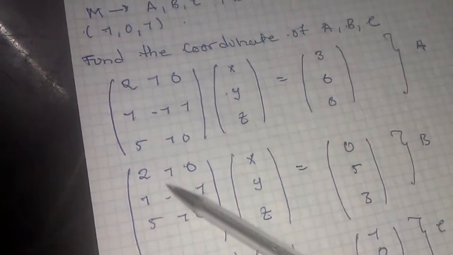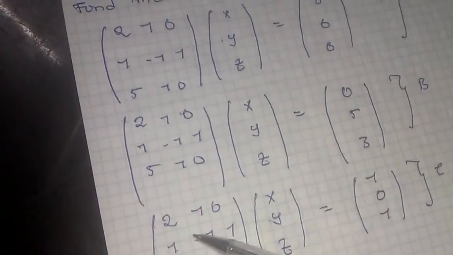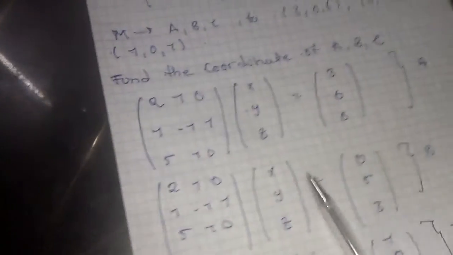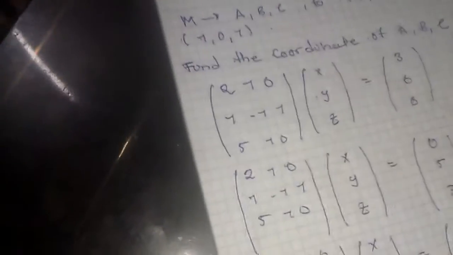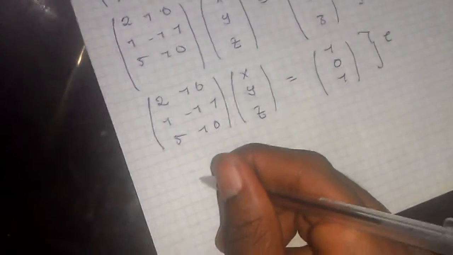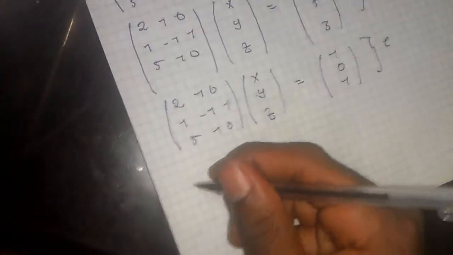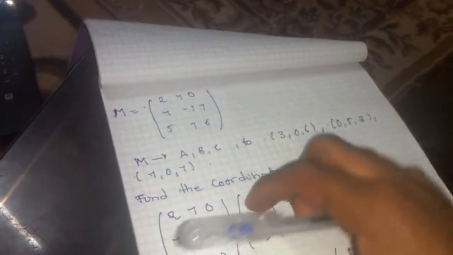I'll solve the first one and then give you the rest as an exercise. So this is how we'll do it. We'll solve the first pair to look for A. So what do we know? To multiply, we take this side and put it on this side.